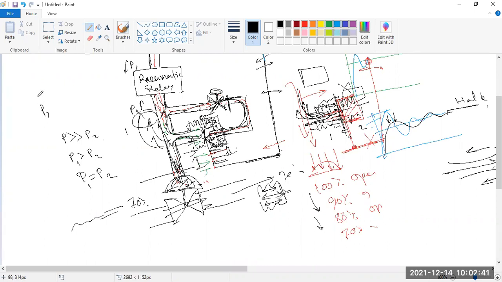So P1 is there, say P1 was 80%, and P2 was 10%. After that P1, because this is fixed, was always 80%. But this P2 was going to increase because back pressure is trying to act over there. It was 20%, then 30%. Then after some time it became 80% because this was static. Then no extra pressure was coming because you locked this.